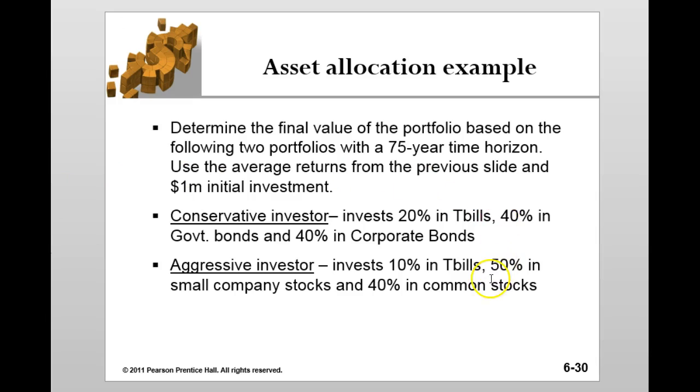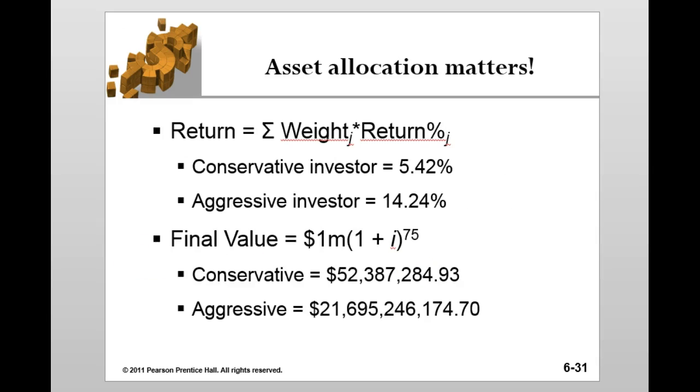So, let's look at this. A conservative investor invests in 20% T-bills, 40% government bonds, and 40% corporate bonds. An aggressive investor invests in 10% T-bills, 50% small caps, lots of risk, and 40% common. That kind of is a hedge in a way. So, when we get back here and we look at this,